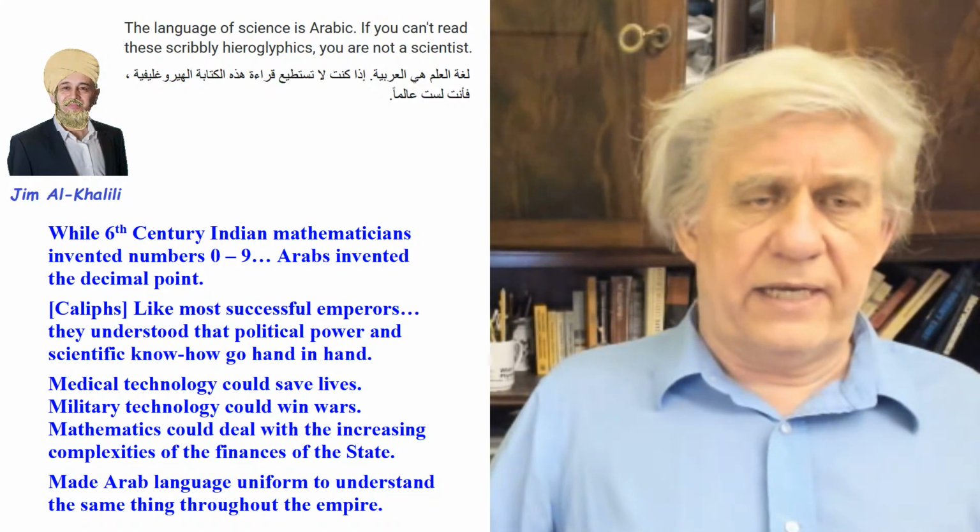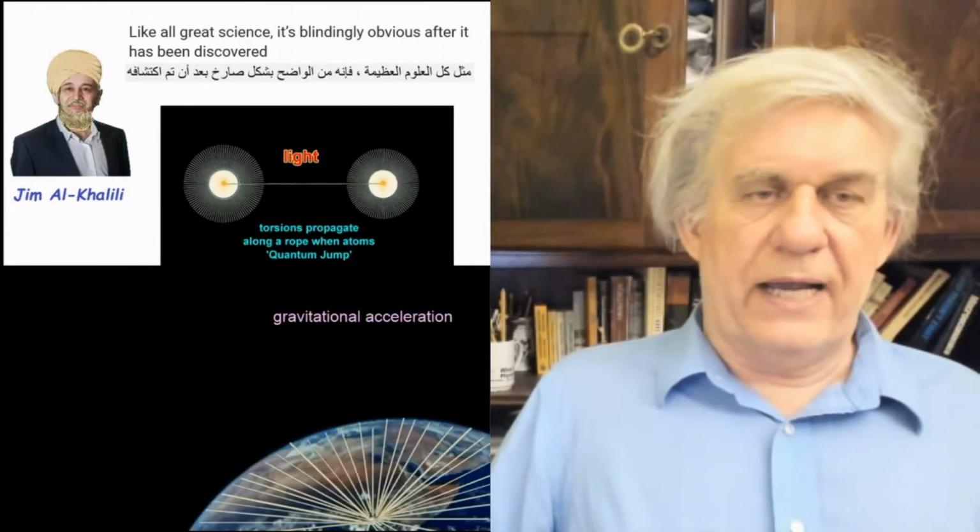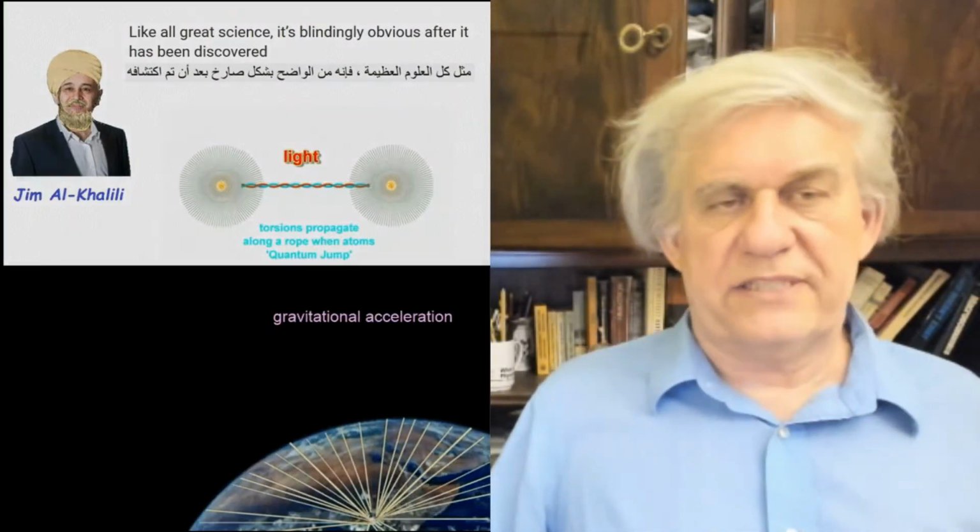It would have been great if they would have defined their terms, which the Arabs did not do, which today they still haven't done. So, it would have been great if these people would have defined the terms. That would have shown that they understood, that they really had a mastery of the language needed to do science, to explain mechanisms. The Arabs never did that. They never knew what an object is. They never defined the word exist. Okay? But I like this comment by Al-Khalili, like all great science,